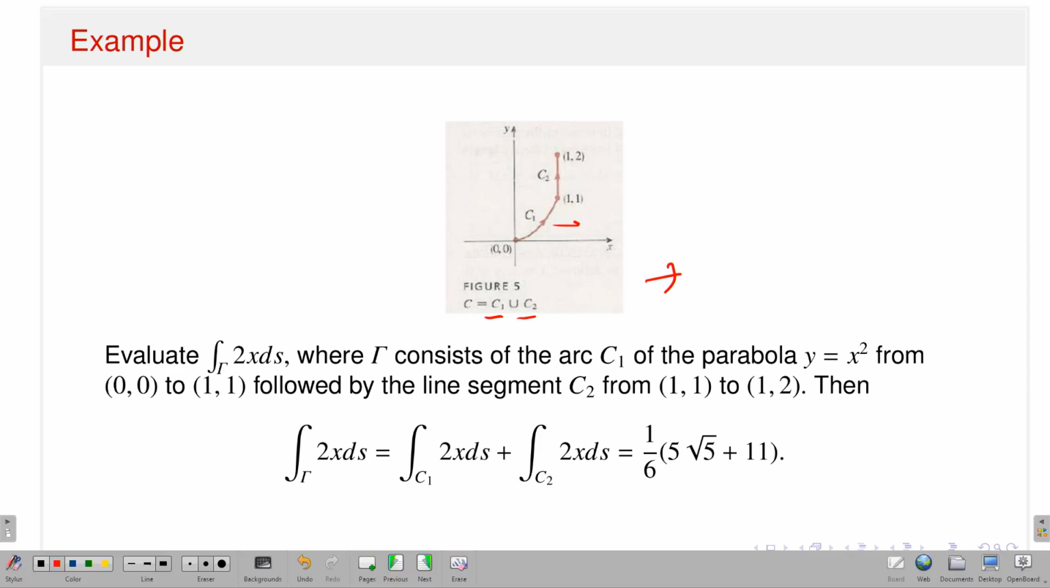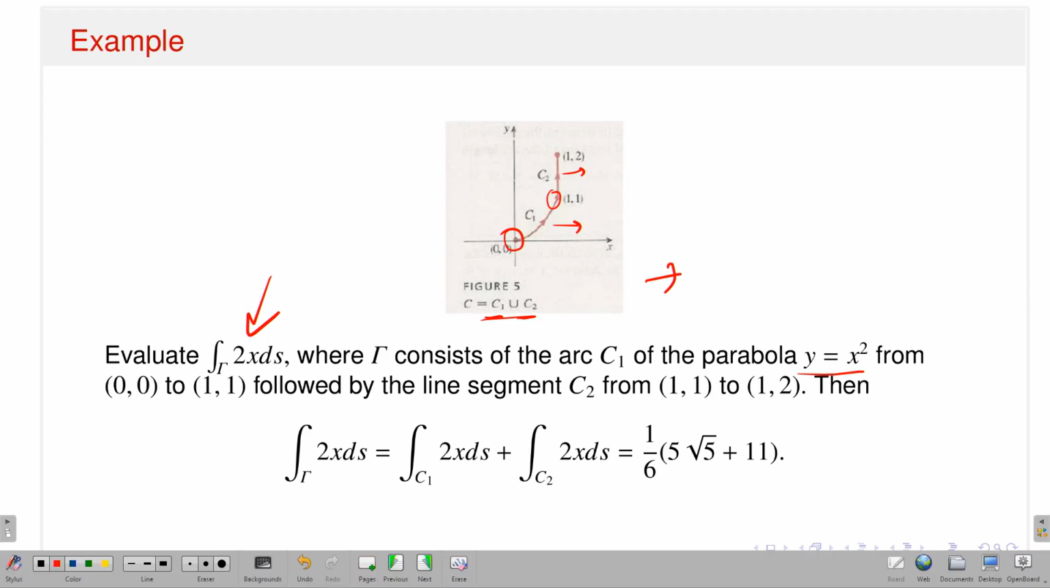What is my C1? This is my C1 and this is my C2. C2 is nothing but the line segment joining the point (1, 1) to (1, 2). And C1 is actually the parabola y equals x squared, starting point is (0, 0) and end point is (1, 1). So I have the curve C equal to C1 union C2, and I say, calculate